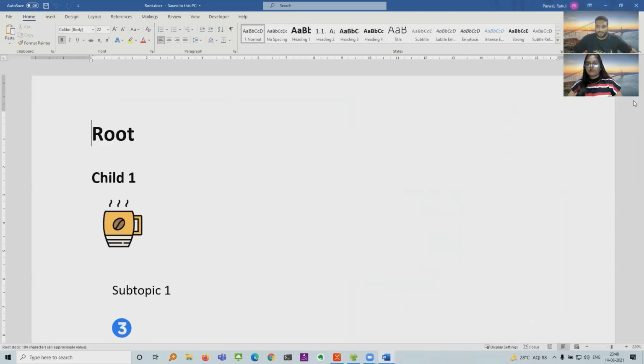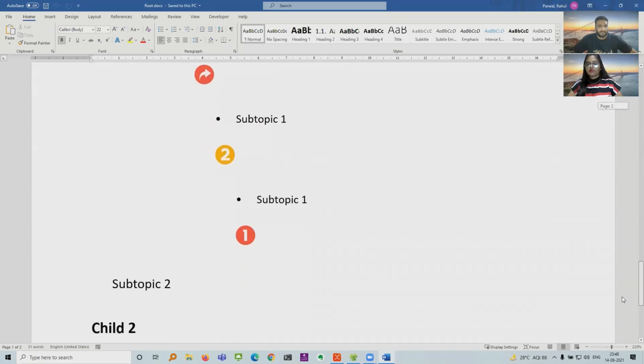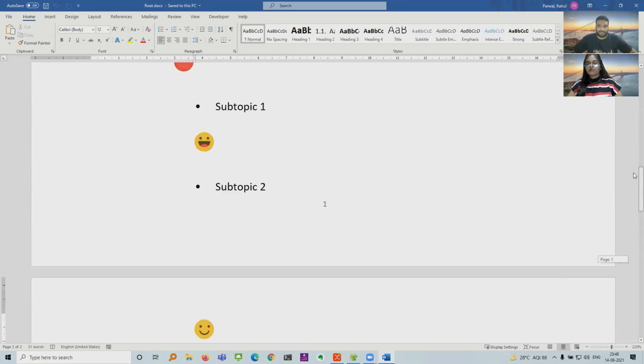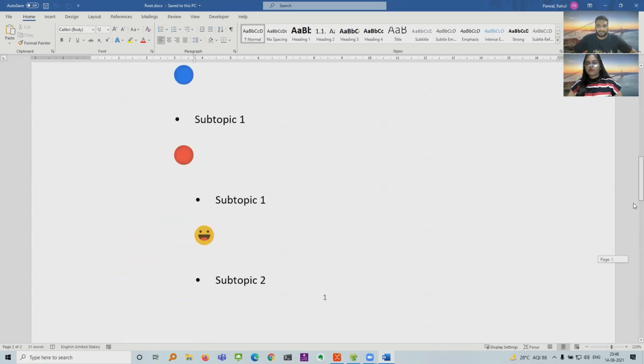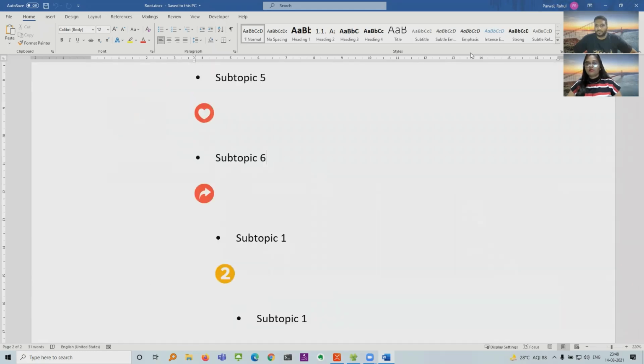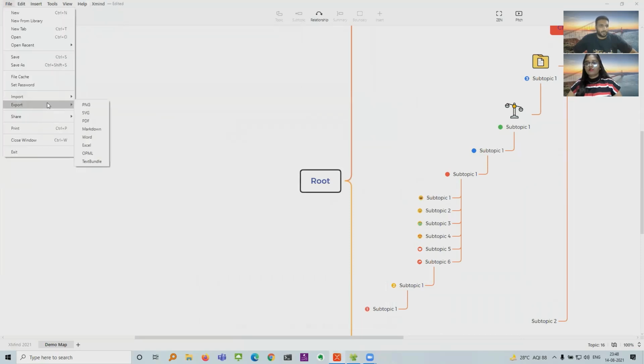So if you see the entire data in a similar hierarchy in this Word view, I use it if I've created a mind map and I want to extend that idea and write some article. So I use this view, and there are different views and different reasons why you would want to export them into different modes. So that's pretty cool, and you can even share it on web.